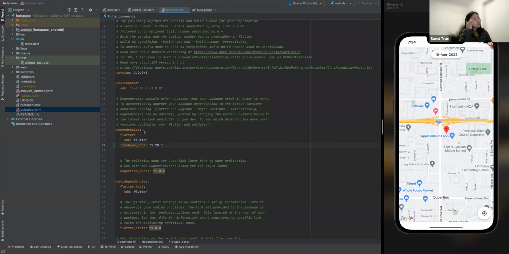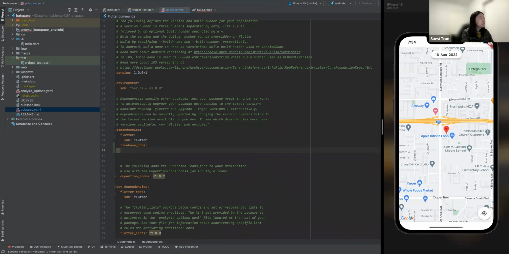For example, over here, if you just want to use Firebase core, that is directly from pub.dev, you can just add this version over here. This character over here means at least this version or higher. Or if you have your own changes for this project, for example, you want to use it from a different path, then you can add the path, and if it's within your project, let's say